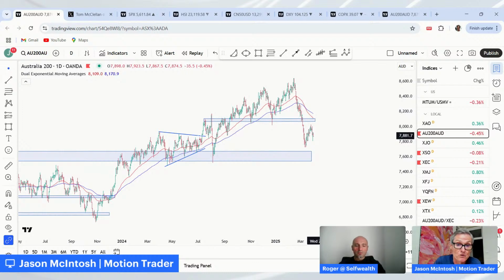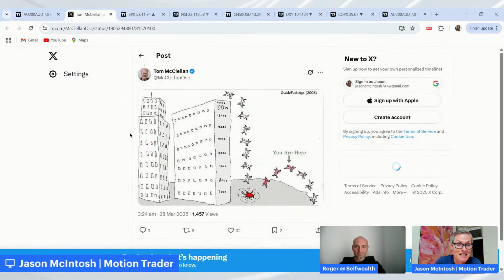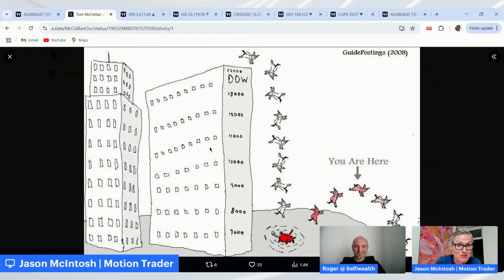And Rog, one more thing just before we jump off this. Last week there was a question about a dead cat bounce. What's a dead cat bounce? We talked a little bit about it, and just by chance something popped up in my X feed through the week, which I thought was quite topical and quite entertaining. So here's a dead cat bounce. For anyone who's not sure, there you go. There's the Dow. Here goes your cat off the top, hits the bottom, and it doesn't bounce much, and over she goes. So, Rog, if there's any confusion about the dead cat bounce, that's what it is.